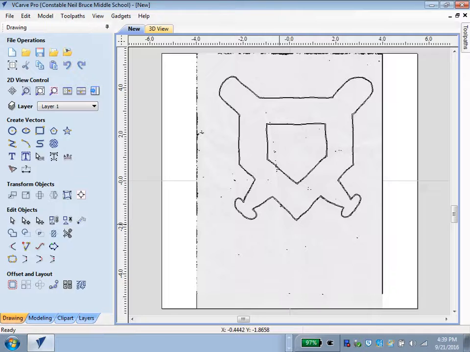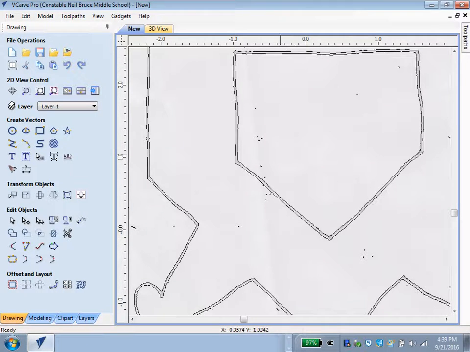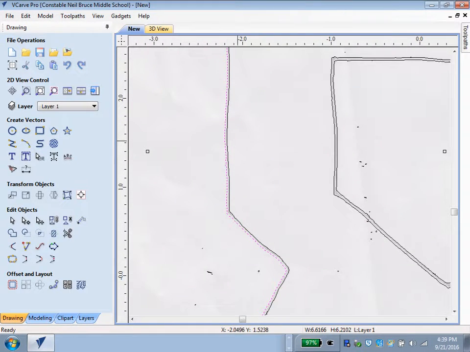Okay, next thing to do, we'll do this in, let me think, a couple of steps here. Okay, show you the zoom button. The zoom button is here. You can click on that, and then when you hover your mouse over top of the picture, you can click to zoom in, or if you hold the shift button down and click on the picture, it'll zoom out. The selection button allows you to select various different things, so you'll notice there should be, I'm going to zoom in here just so you can see, should be 2 independent vectors,